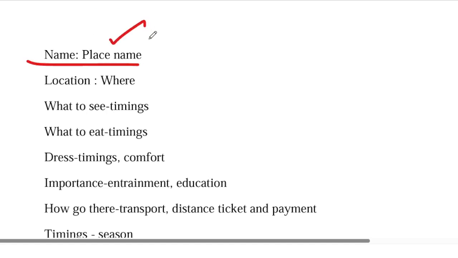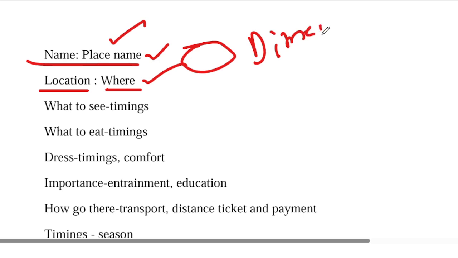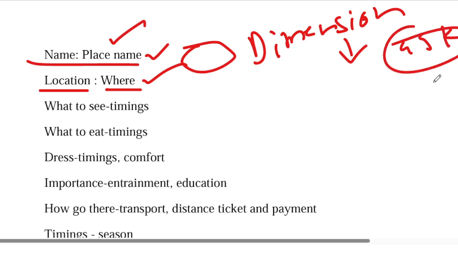If you talk about a place, first you can start with the name of the place, whatever the place name is. And then you can talk about where it is, right? You can talk about the area, where it is. And then you can also talk about the dimension of the place, right? Maybe you don't know accurately, but you can gauge it. It is 4 square kilometers. You don't need to be accurate, because the teacher is not going to tell you, okay, let's go and count it. They'll never do that. You can talk about the name of the place, the location, and the dimensions of it. You can start with that.